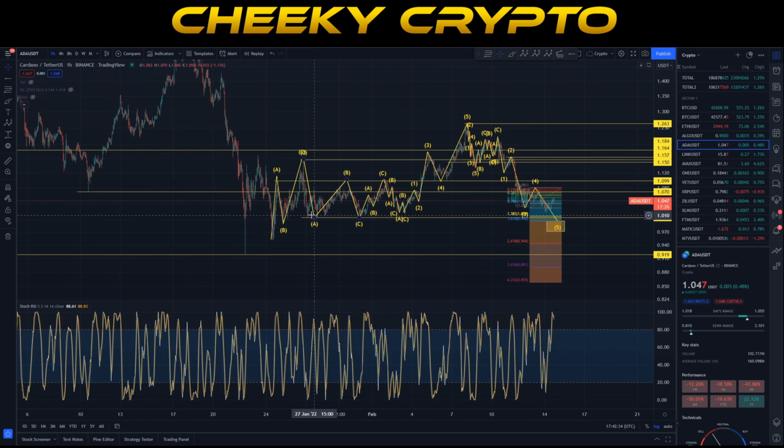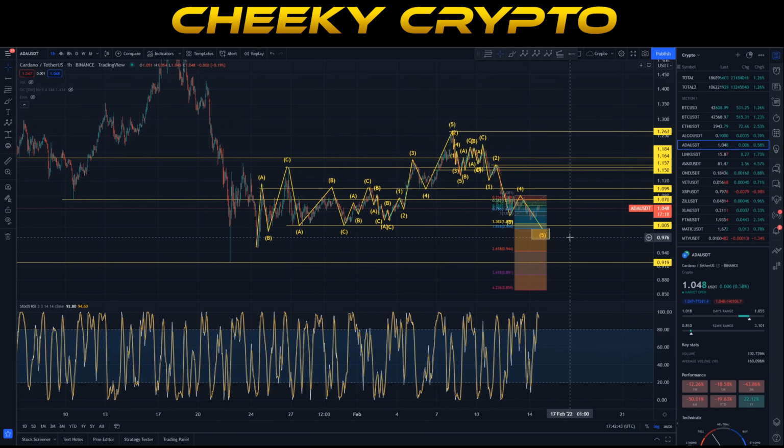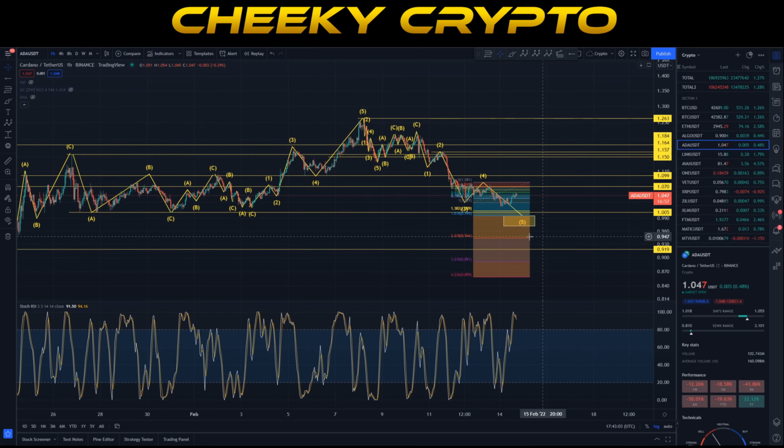I mean, it's also worth noting that this is an area that found really good, strong support previously. So the probability of actually pulling down much lower than that is incredibly low. As they say, though, if you do lose support that goes short, obviously we don't do anything with leverage on this channel, and we would never really recommend such a thing because it is high risk. Obviously, right here, if we do lose that support level, we should be thinking about where the next level of support is going to be found, but also be very aware of that price momentum with our stochastic RSI and where we think the most probable outcome is.